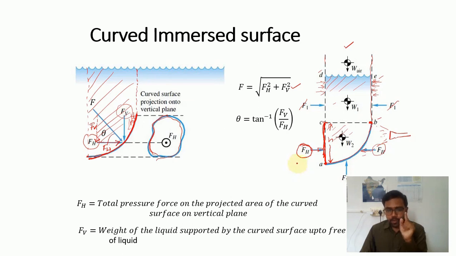Already we know that when the object is immersed vertically in a liquid, then the pressure force P is equal to w A x bar. Now here you just determine the position of the centroidal axis of the projected surface, please keep that in mind. Determine the position of the center of gravity, which will be above the center of pressure.